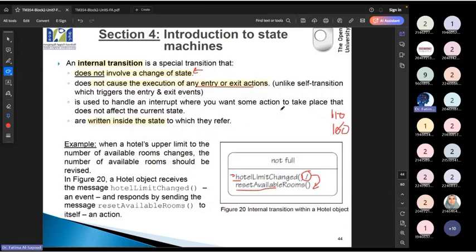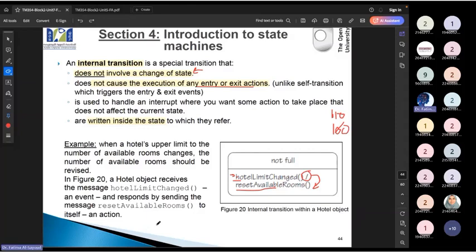Internal transitions, it is not going to be affecting events, so ما راح تكون مثل self transitions. يعني it's gonna happen regardless if there is an event or not. It's not related to any event. فهذا هو الفرق بين internal transitions والself transition. الself transition راح يكون فيها event. الinternal راح تتعلق بإن احنا نحتاج نعمل تغيير لكن it's not related to any transitions. Okay, فين راح نكتبها؟ It is going to be inside the states.